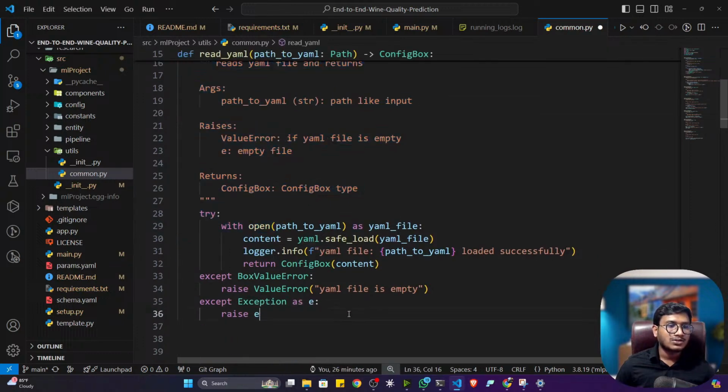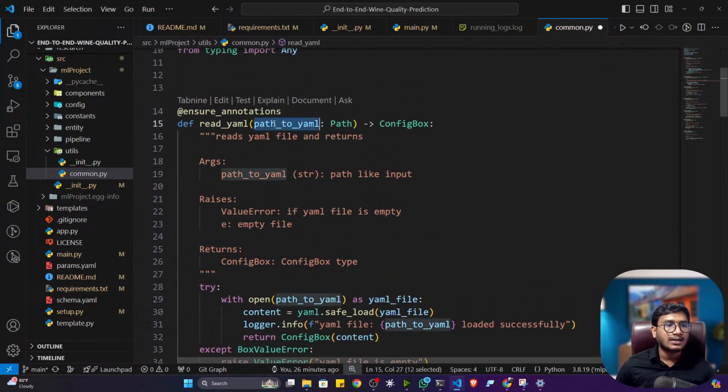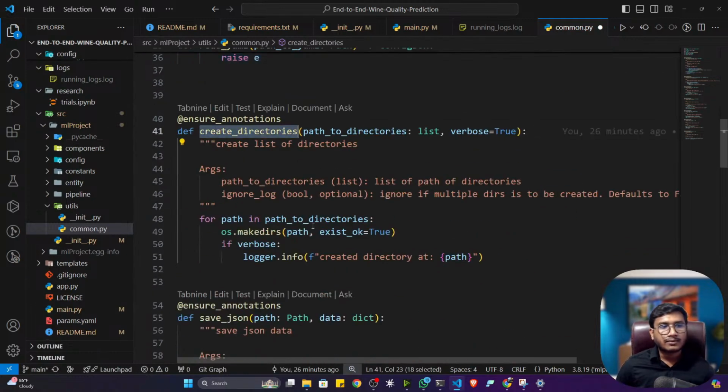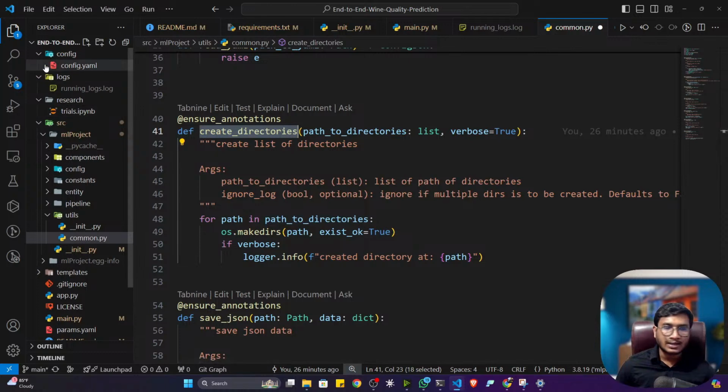And see, these are the functions I created. So read_yaml: this read_yaml will take the YAML file path and return you the YAML content. Then I've created another function called create_directories. Let's say you want to create a directory here, you can use this function. So going forward, whenever we'll be creating the components, that means whenever we'll be doing data ingestion, data validation, model trainer,